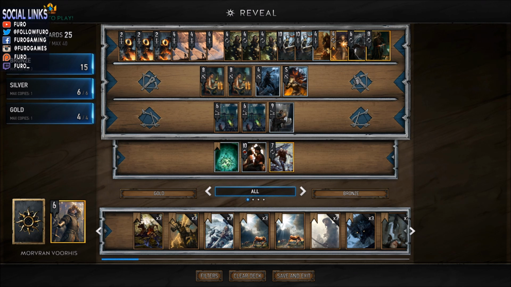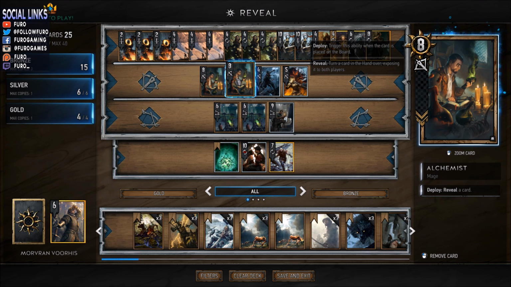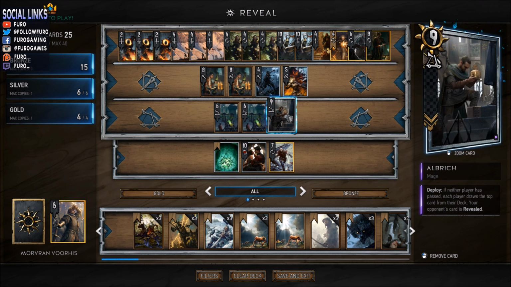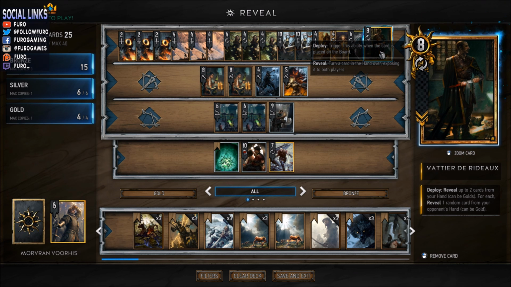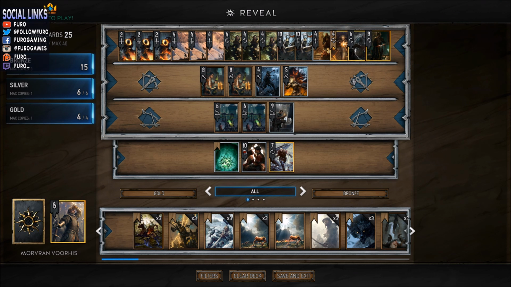You are revealing lots of stuff. You have Nilfgaardian Knights here that are revealing cards. You have the Alchemists that are revealing cards. Cynthia is revealing cards. Albrich is revealing cards. Then your gold cards here, the Vattier, the Rideaux is revealing cards. And the Bonhart is also revealing cards. So a lot of stuff that is in the deck just to reveal more cards, get the spotter bigger, and